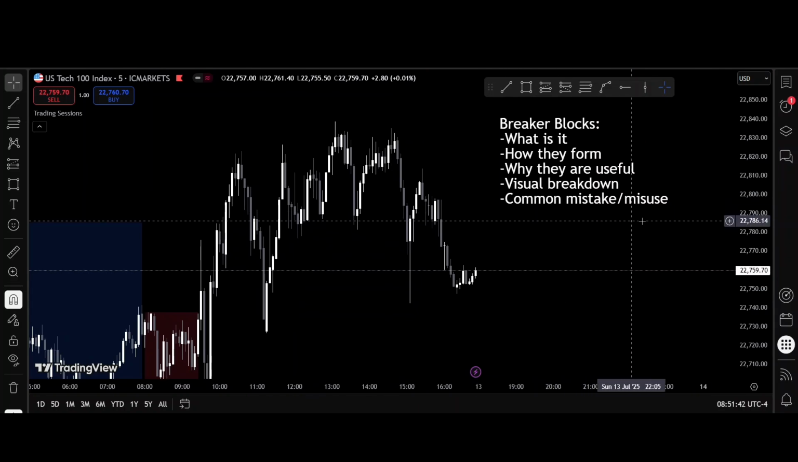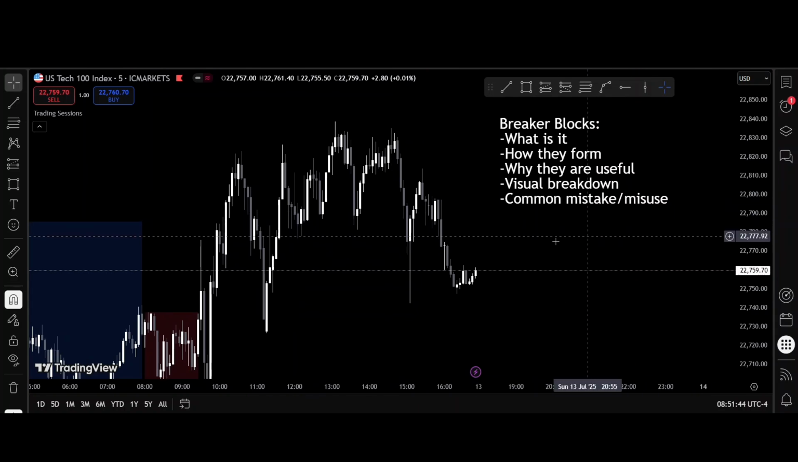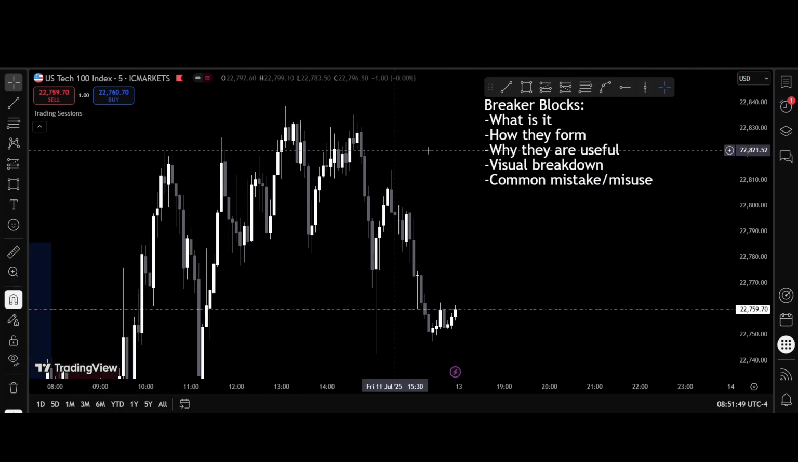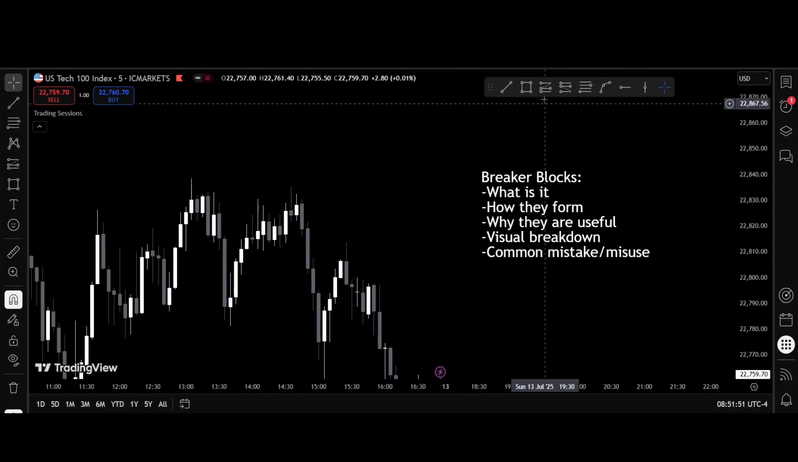This isn't a common mistake, but this is just a tip. Aside from just using the breaker block, if you pair it with other confluences,